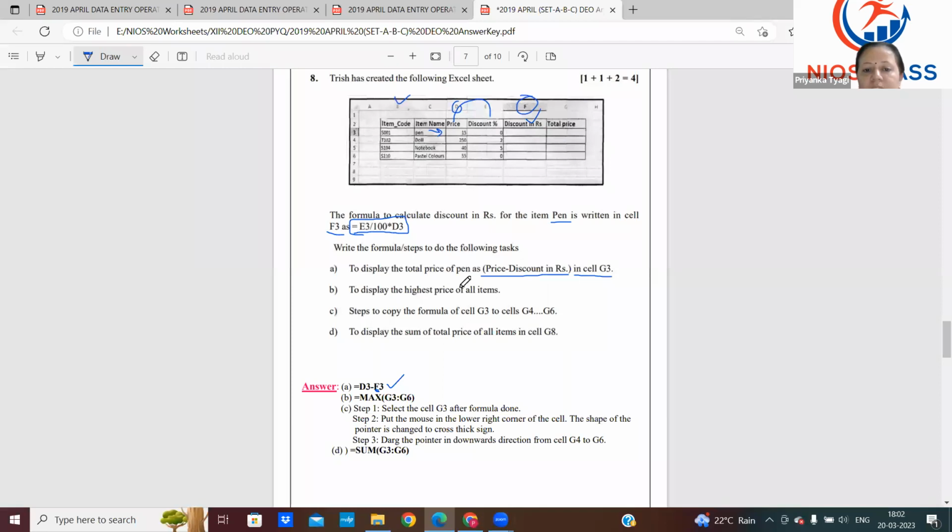Now the next is what? To display the highest price of all items, right? So the prices of all items are stored under column G, in cells G3, G4, G5, G6. So you will give the range here, right? G3 to G6. Now there is a next part, steps to copy the formula of cell G3 to cells G4 to